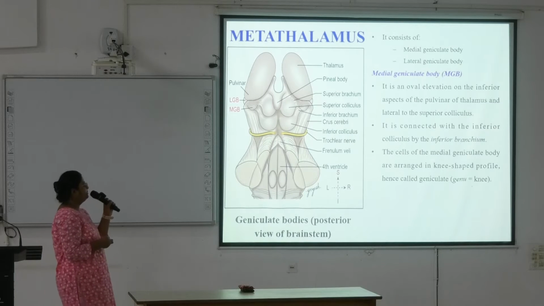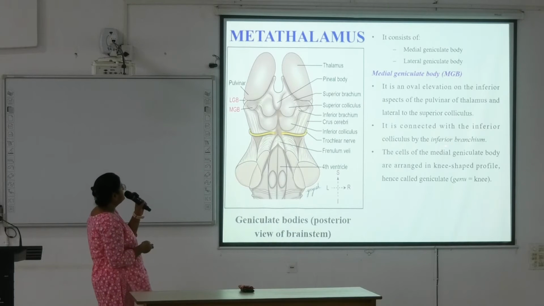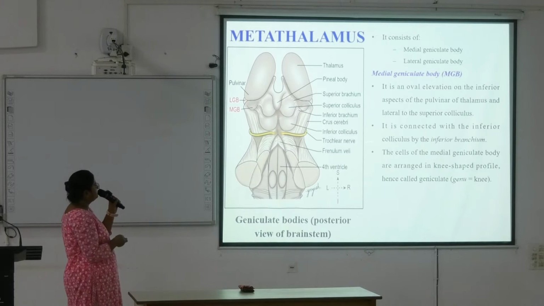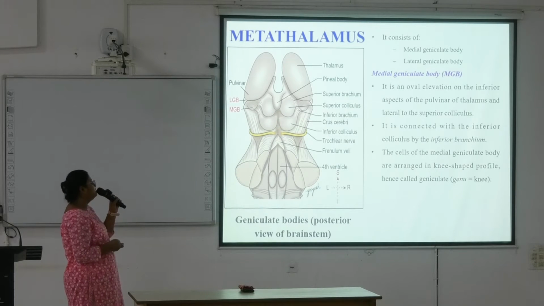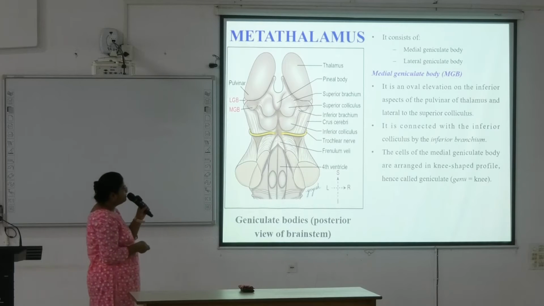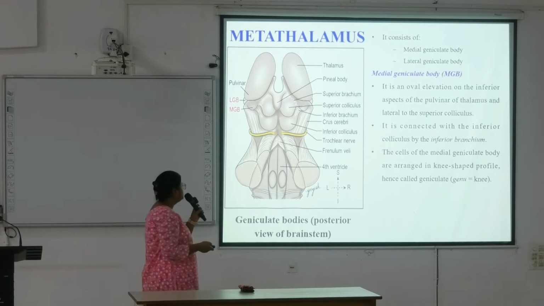It is connected with inferior colliculus by the inferior brachium. Here it is connected by the inferior brachium to the inferior colliculus. The cells of medial geniculate body are arranged in knee-shaped profile, hence called geniculate. Genu means knee, that's why the name is given geniculate. Next,